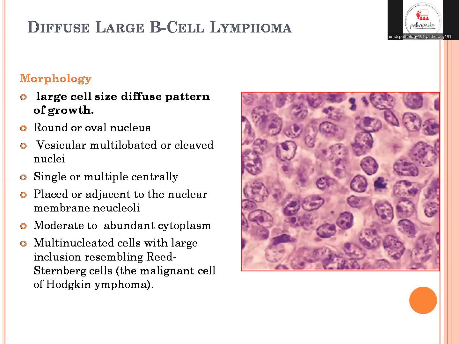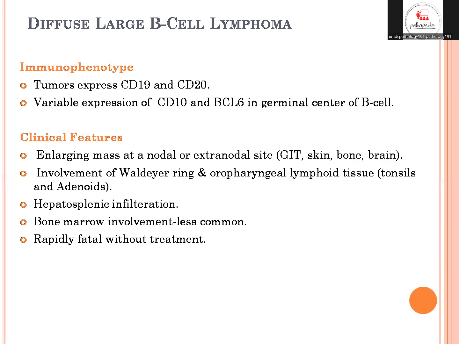In morphology, they show a large size, diffuse pattern of growth, round oval nucleus, vesicular multi-lobated or cleaved nuclei, single or multiple nuclei centrally placed or adjacent to the nuclear membrane, moderate to abundant cytoplasm, with multinucleated cells with large inclusions resembling Reed-Sternberg cells, which are the malignant cells of Hodgkin lymphoma. On IHC, they express CD19 and CD20, and they also show variable expression of CD10 and BCL6 in germinal center